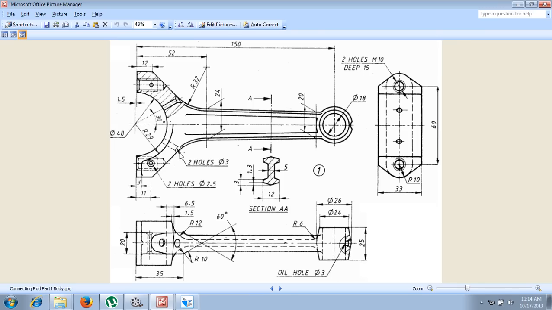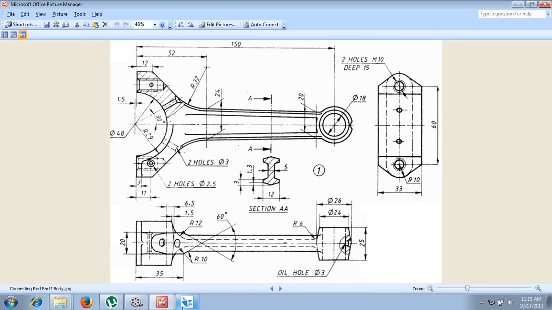Now you can see it is a hole which is done to place a screw. So here we don't have a screw. Sorry, here it is not a screw hole. It is an oil hole of diameter 3 mm and it is a countersink hole. The diameter of countersink is not given. Let us assume the countersink diameter is always double the diameter of the major hole and the angle as 90 degree, and the major hole diameter is given as 3 mm.